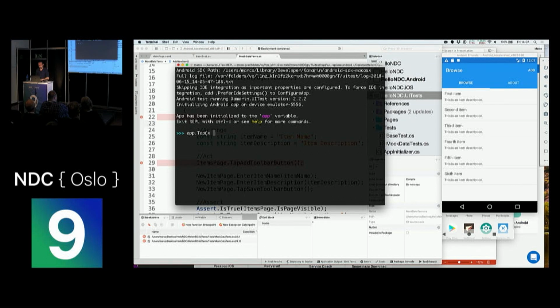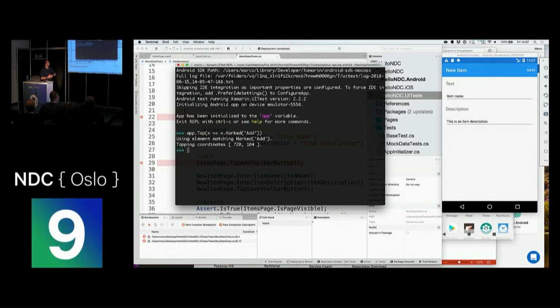and I can do this with a lambda function, and I say app.marked. And marked is actually something that is really useful, especially when you're doing a lot of testing. Marked actually means that if there's a label that has an ID or a certain text, we can easily find that using marked, because it's visible on the screen. So I can just do this, and what will happen right now is it taps the element on the coordinates, and it presses the add button. Obviously, this can be done with everything else as well.